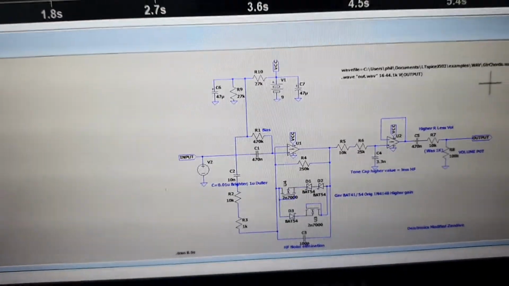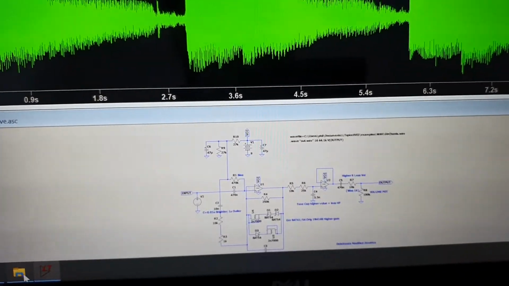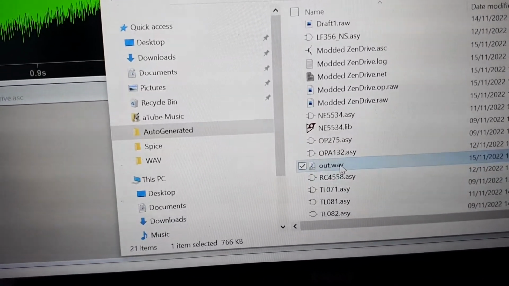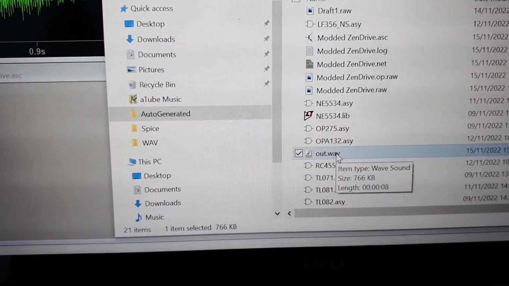So what you would do now is go to your files and go to out.wav, because that's what I specified it as. If I double click that,